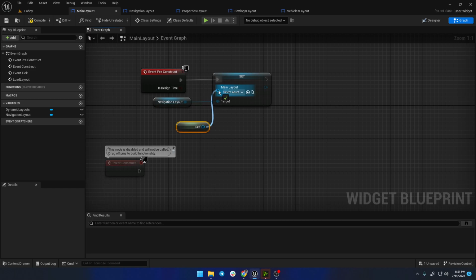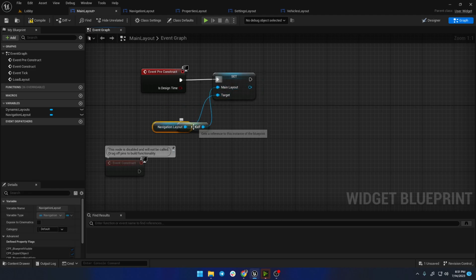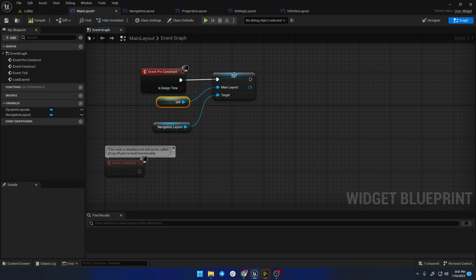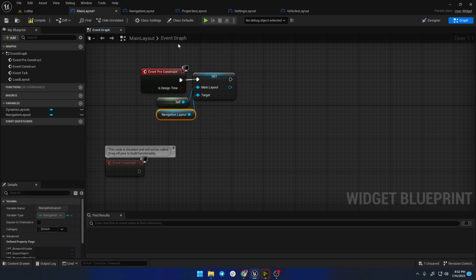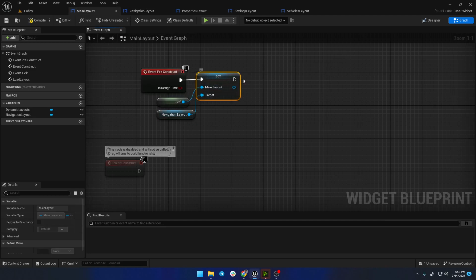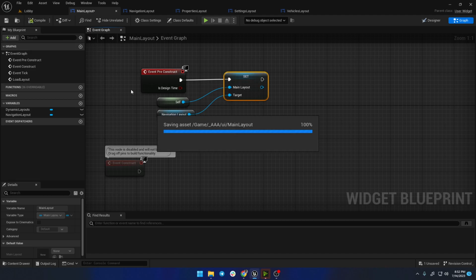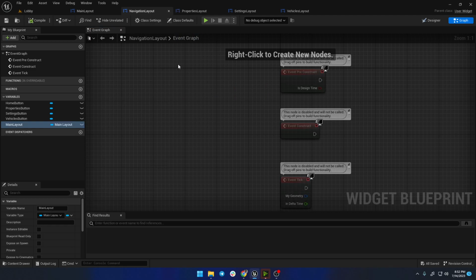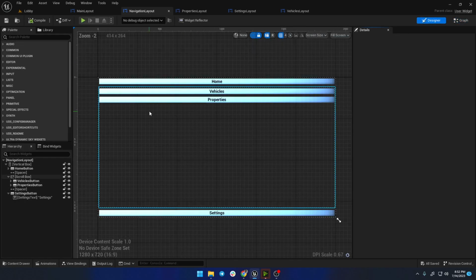I don't know if this works. Oh, okay. Yeah, I didn't know if that would work, but it looks like it works. Because this variable on the navigation layout is of type main layout, getting self main layout is essentially what you need to do. And with that done, now you're going to go back to your navigation layout and then start programming